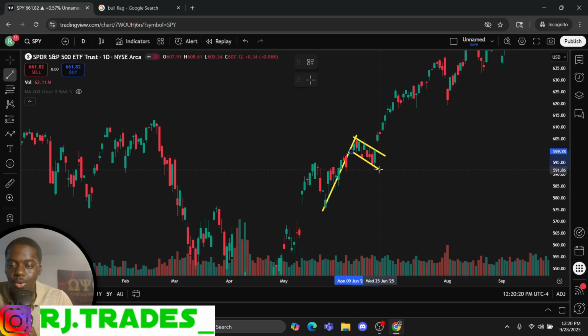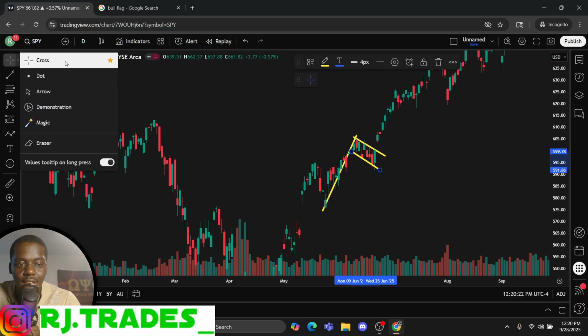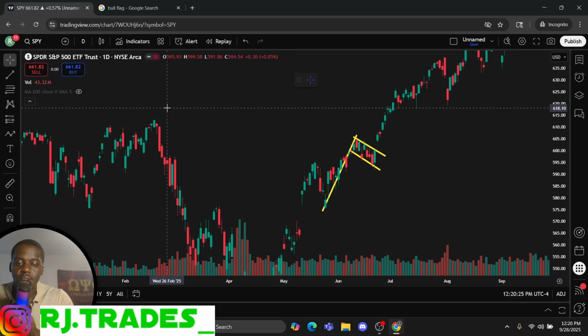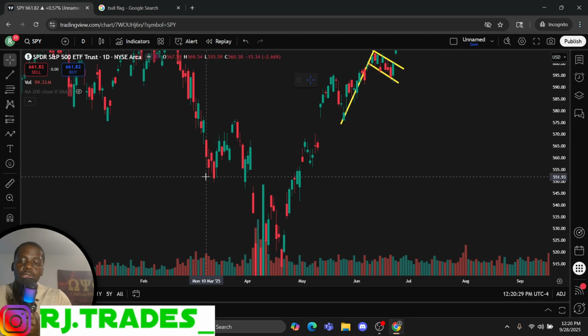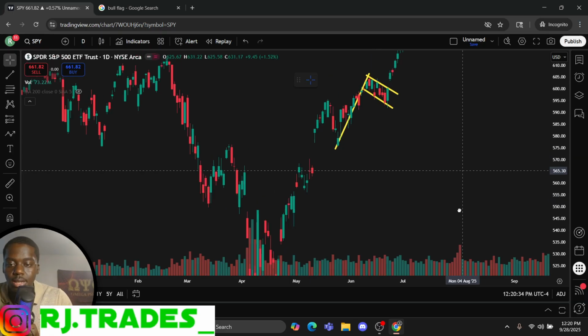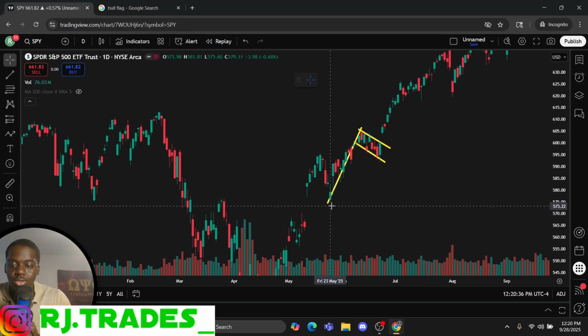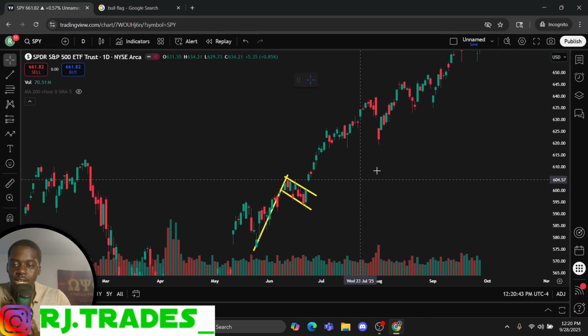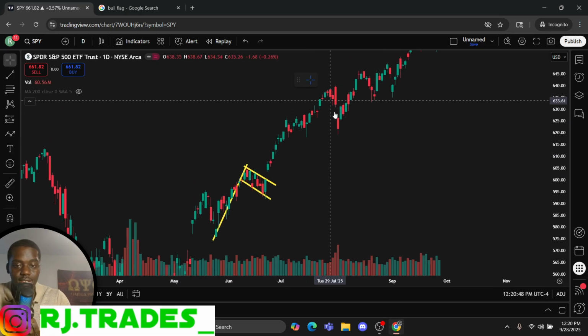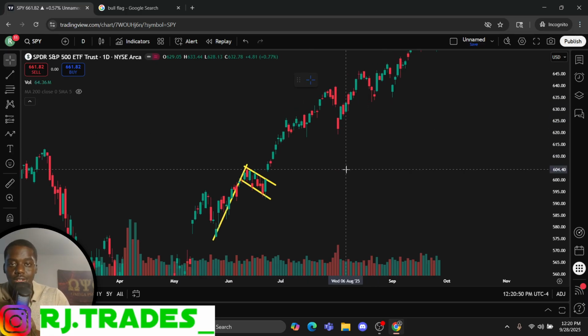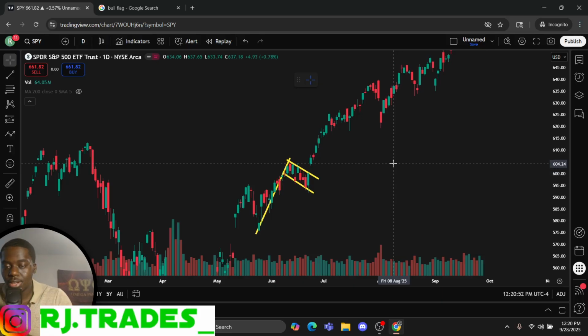So you're looking for the stocks that have had a nice run up. Don't go looking for a flag in something like this that's chopping. You're looking for a stock that has ran up significantly. Okay. So it ran up significantly, pulled back. Look at that. You got your pole. This is called a pole. Look at your two trend lines. And it broke out and it hasn't looked back since. Besides these 2 days right here. It hasn't looked back. Okay.